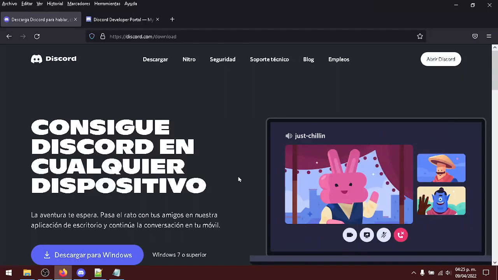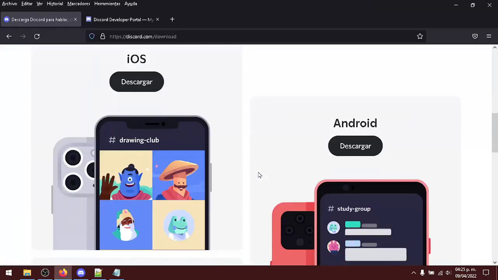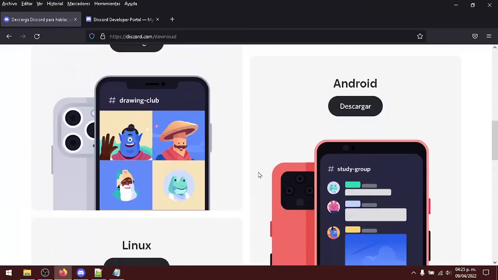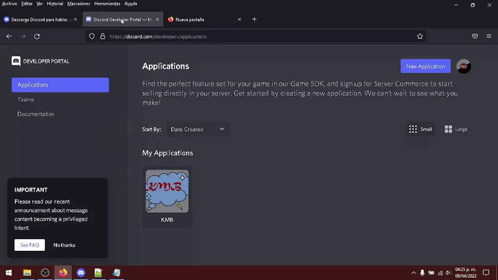In this case I'm using Windows 10. I'm downloading it for Windows. You can search for the version that you need for your operating system. Once downloaded, execute the installer and follow the on-screen instructions. It will ask you for an email, a password, and in case that you want to give your mobile number, that's up to you. And confirm your account. Once you have done that, you can go to Discord